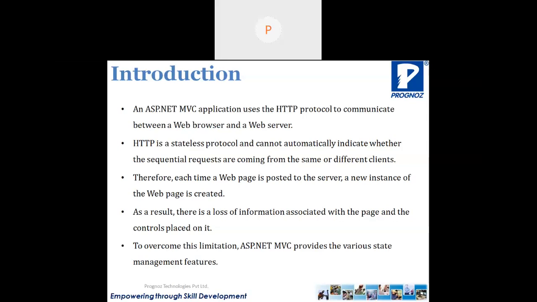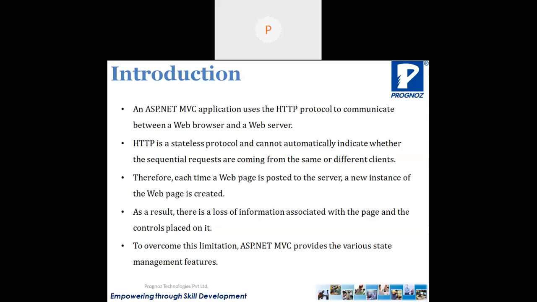Therefore, each time a web page is posted to the server, a new instance of the web page is created. Every time a new object of the HTTP context class is created, and as a result, there is a loss of information associated with the page and the controls placed on it, meaning the data could not be preserved.